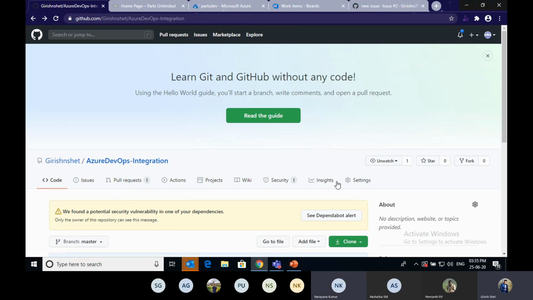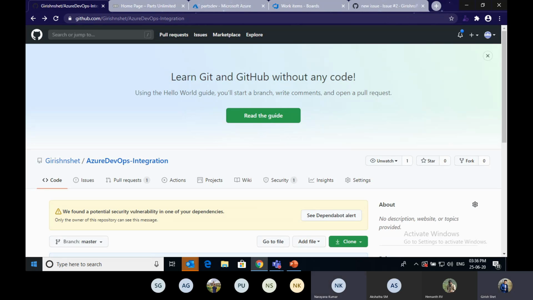Hello Girish, this is Narayan. You have created a personal access token, right? In GitHub or in Azure? Yeah, both. I have created both in Azure DevOps and GitHub.